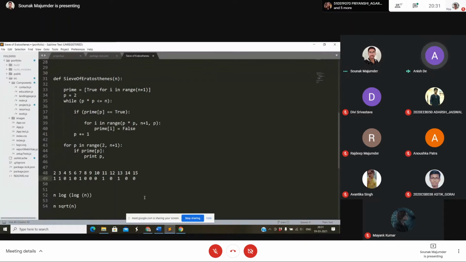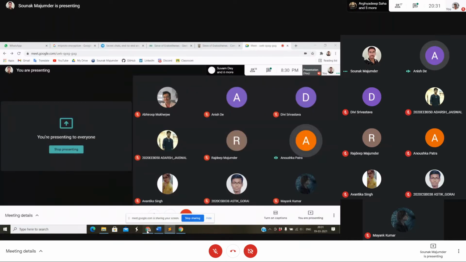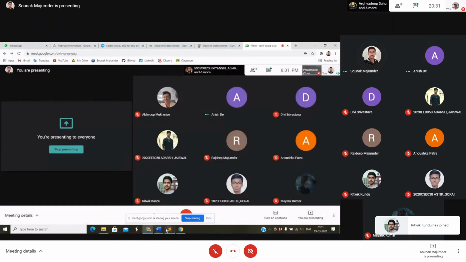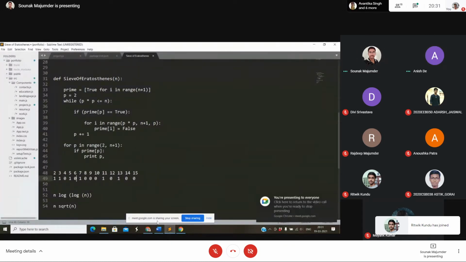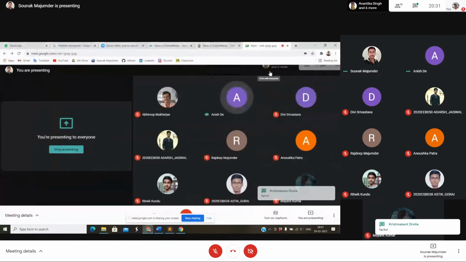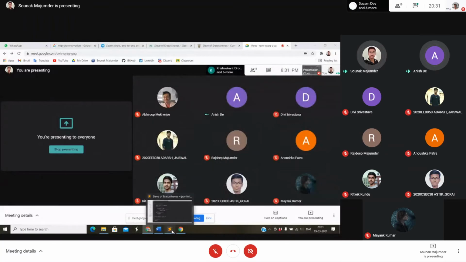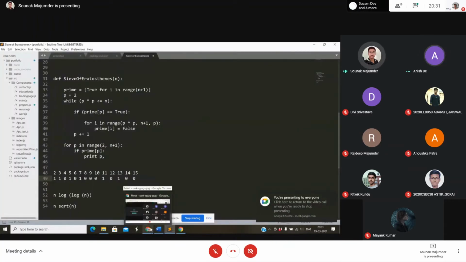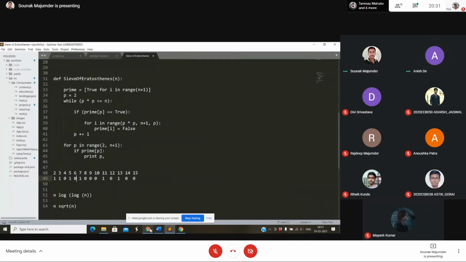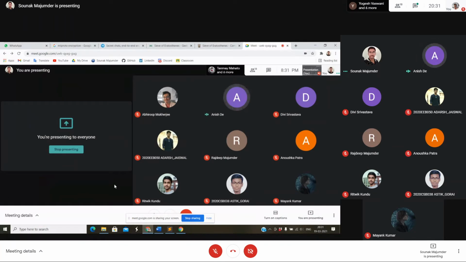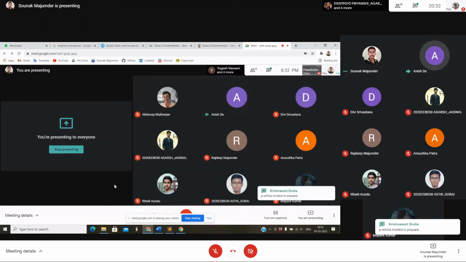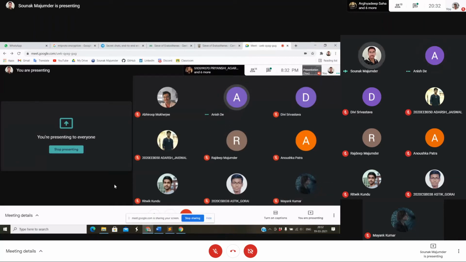Someone said it reduces time, but why does p into p work? Why, aren't we taking anything else? Anyone want to answer this? Because in other applications of the sieve, we can't take p into p. We start from p included, p into 2, or p. p will be included in p square. No.